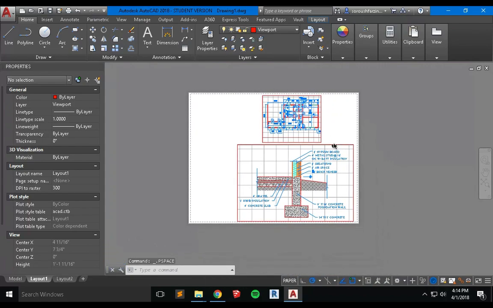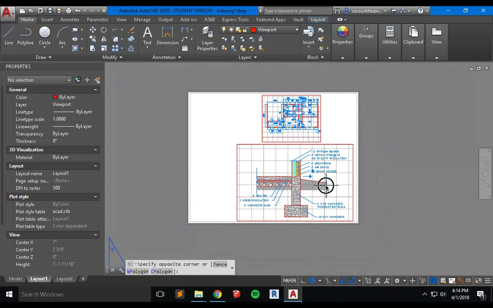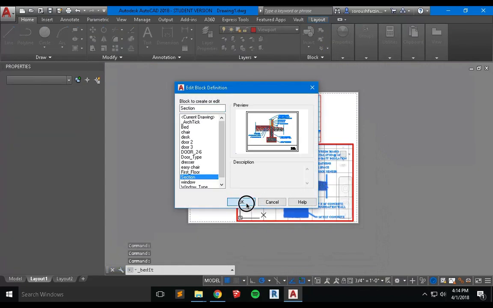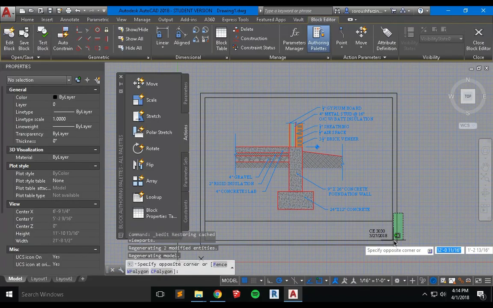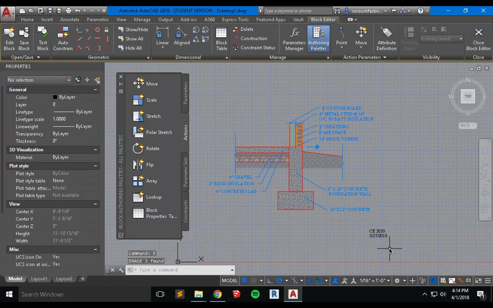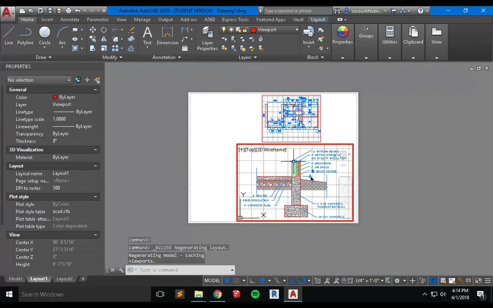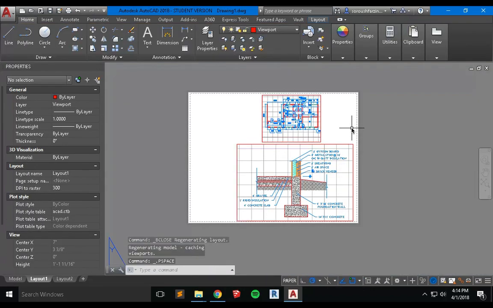I'm going to double click outside here. I'm going to do the same thing for this one. So I'm going to click here, selecting the blocks, and then zoom in here, and I'm going to delete this borderline as well, and then also this text. I'm going to say yes, save and close. Okay, so if I double click outside, you see that basically I have this drawing,